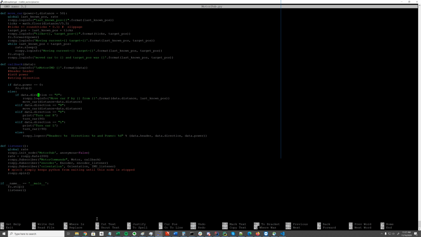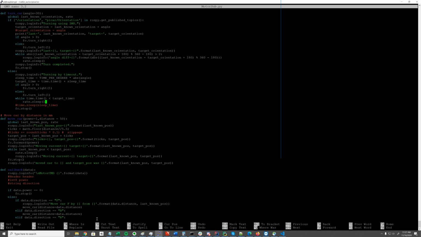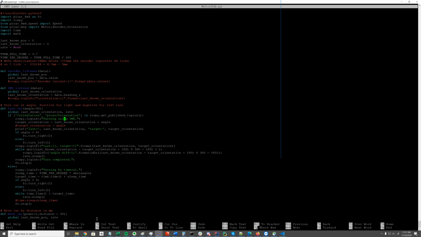If direction, so data.direction, is forward, then we're going to call move car, and we're going to pass it some distance. And you can see, based upon that information, we can make these turn car, move car calls. These are the methods up here. So we've got one for turn car, we've got one for move car,